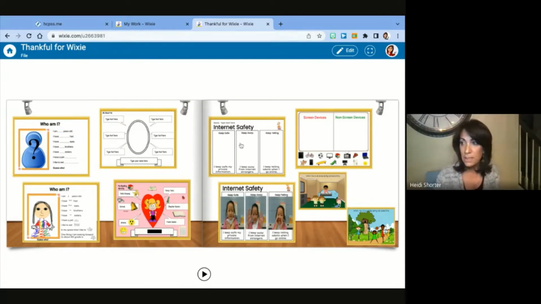Then the ones on the right are two templates that we actually made ourselves at my school. We do a lot with internet safety and digital citizenship in my curriculum. As a technology teacher, we're not only teaching technology skills, we're also teaching digital citizenship skills about how to behave online and what to watch out for. We start that as early as kindergarten.